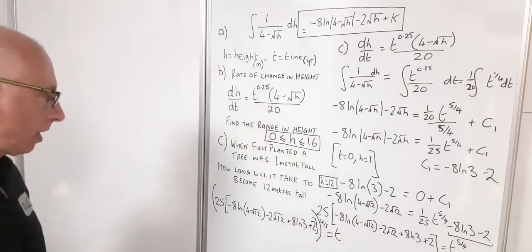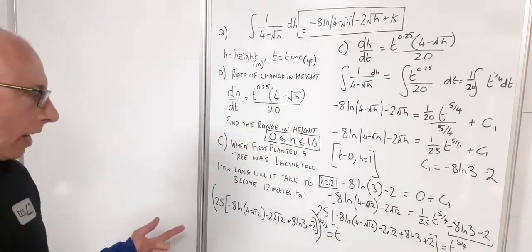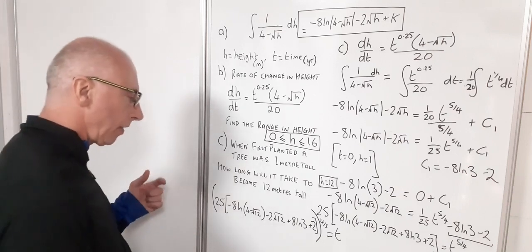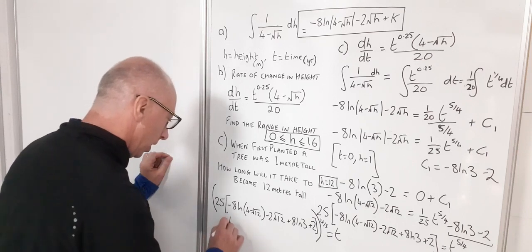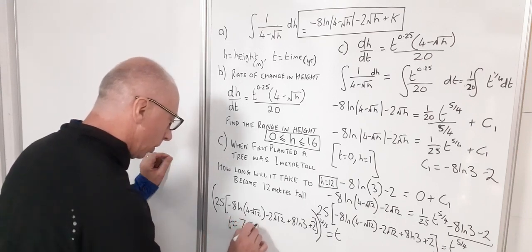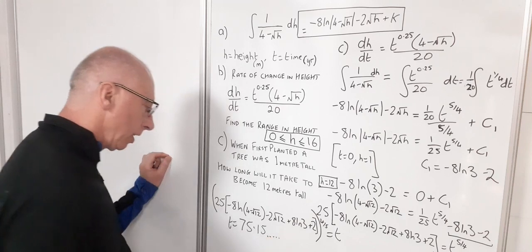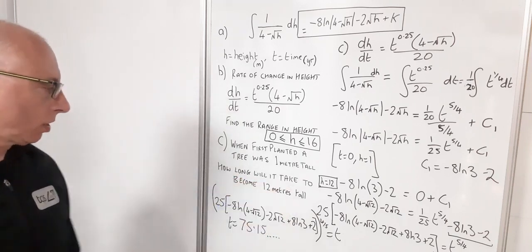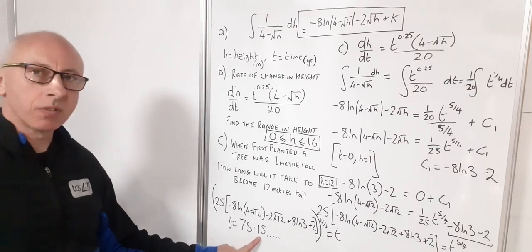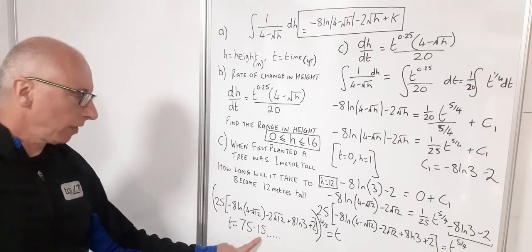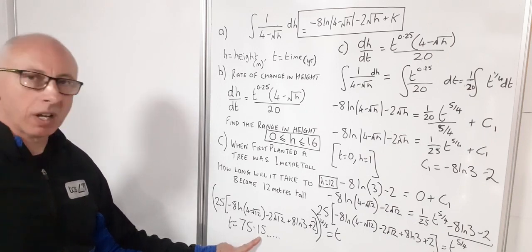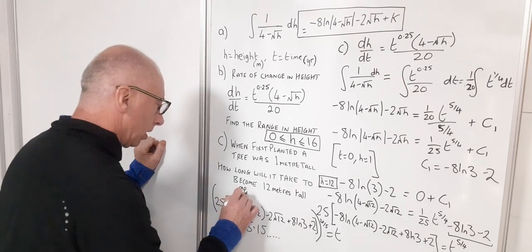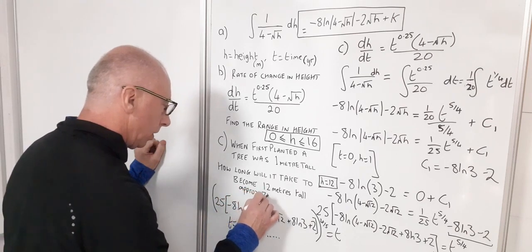Okay, right. So plug all that into a calculator, you'll get that t is 75.15 and a bit. So t equals 75.15 and so on. So therefore, how long will it take to become 12 meters tall? You're looking at about 75 years, 0.15. So we're looking at about 75 years and nearly 2 months is what we're looking for. So approximately 75 years,